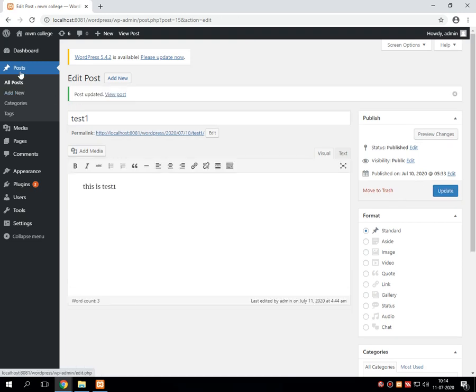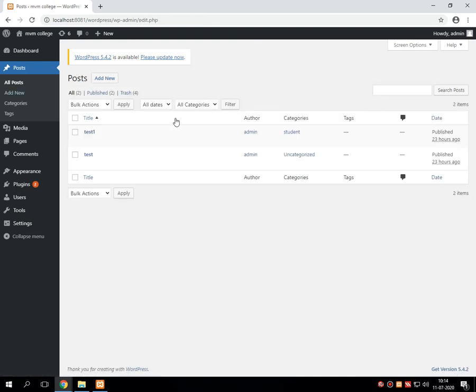Once the update is completed, by viewing all the posts, instead of uncategorized, it shows the student category over here. So this is the process for creating and updating the categories for the post.